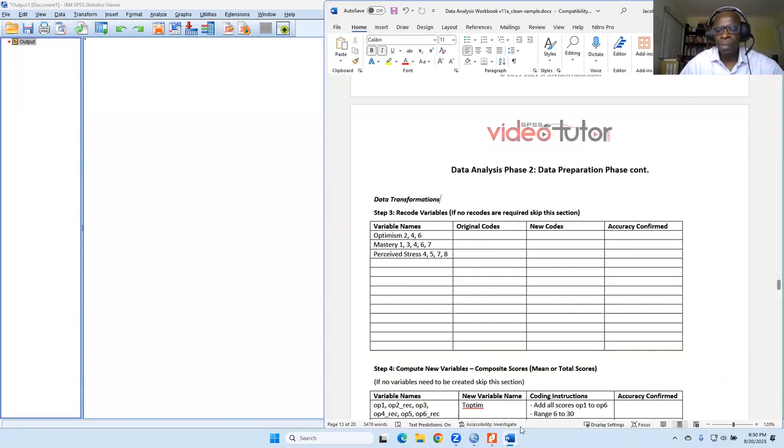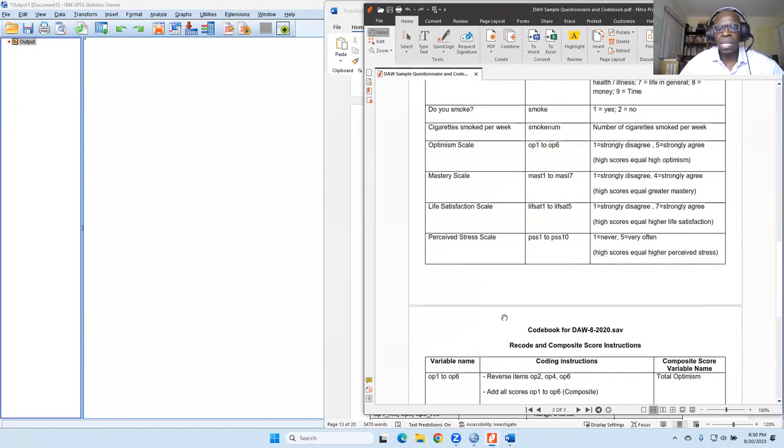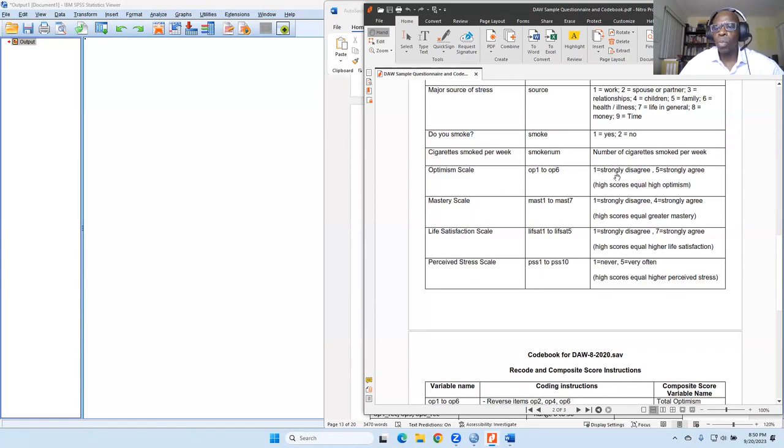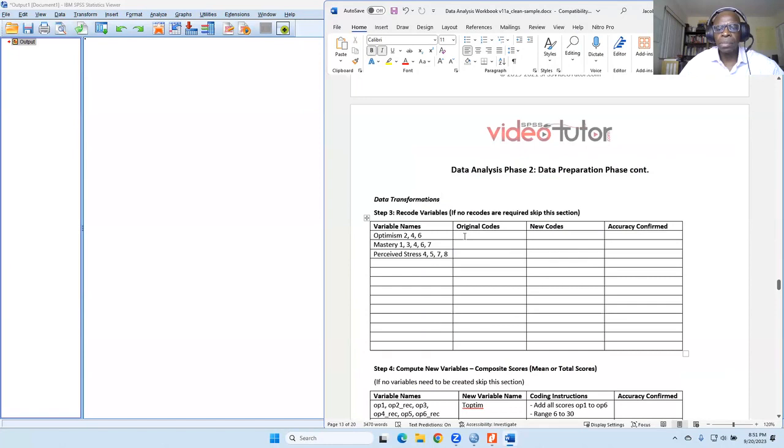So for optimism, we see that optimism goes from 1 to 5. Optimism original codes are 1, 2, 3, 4, and 5.